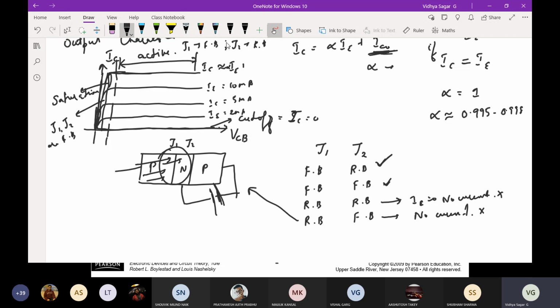Any doubts? Next class I'm not going to discuss this one. I'm going to get into the current equations. Is that clear with this? Yes, sir. All of you kindly respond. Is that clear? So this will just conclude today's session. Next class I'll give you the current equations of the other configurations. This one we have discussed with respect to the base terminal where we are applying the potential. Likewise, we are going to have the others in a similar way.